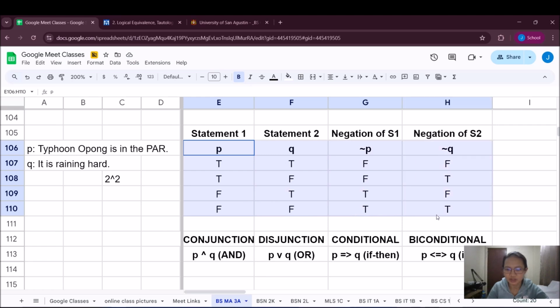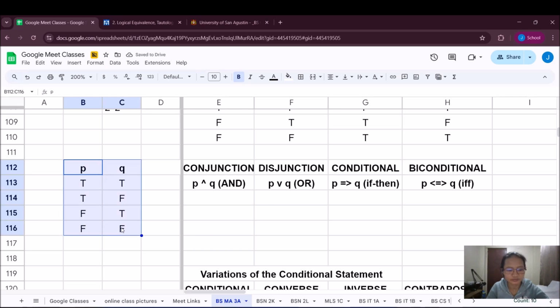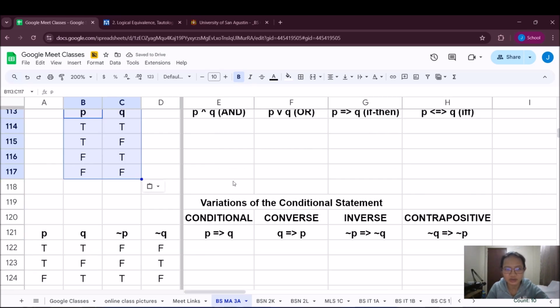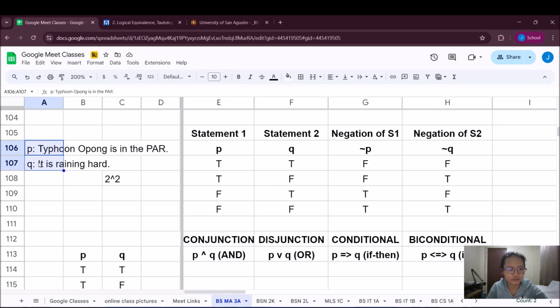Okay, and then we're going to be using these statements again for our next portion, which are the compound statements that can be created using these 2 statements. So you have your conjunction, disjunction, conditional, and biconditional statements, which are our possible compound statements using 2 simple statements. Again, our simple statements are P, Typhoon Upong is now in the Philippine area of responsibility, and Q,